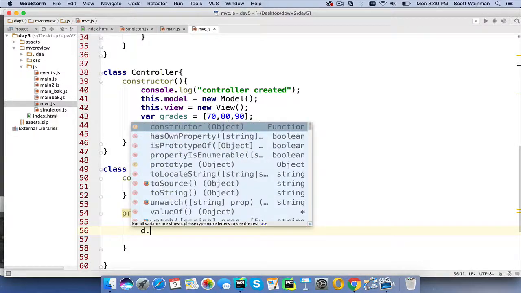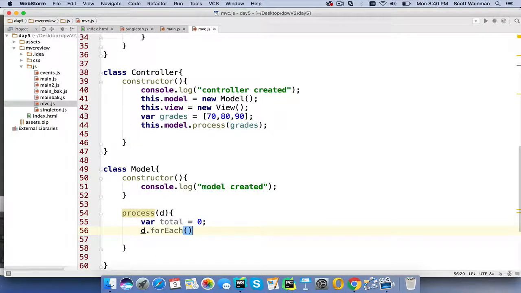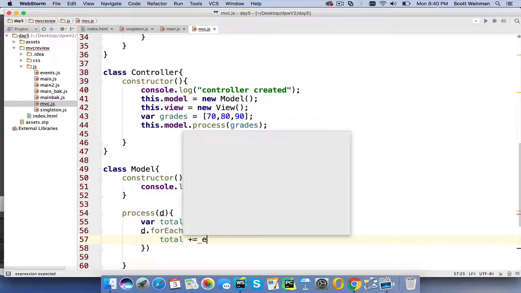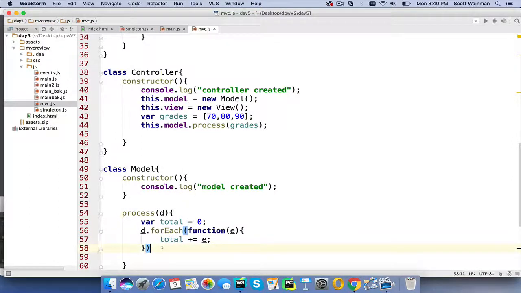So d.forEach, and the argument is function e, total += e,